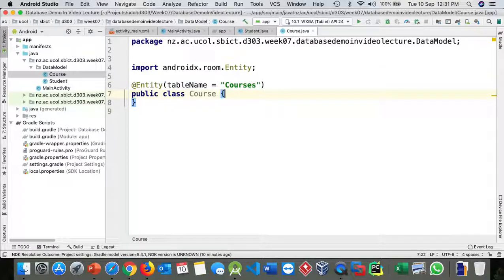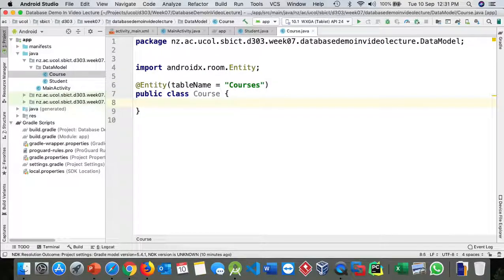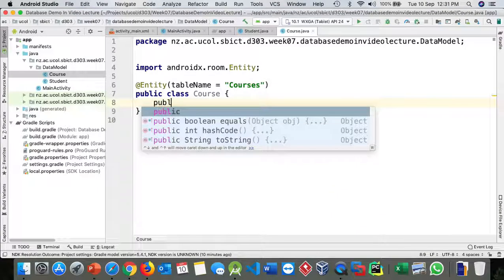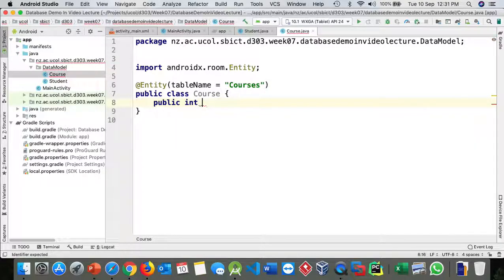okay, and inside the course table we have that specific information. What are those? So we have that course information. First of all, it's a public int CID, course ID, and then we have a public string, the course name, and then a public string, maybe we can say course description,